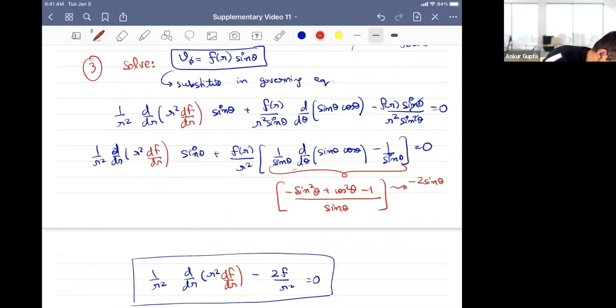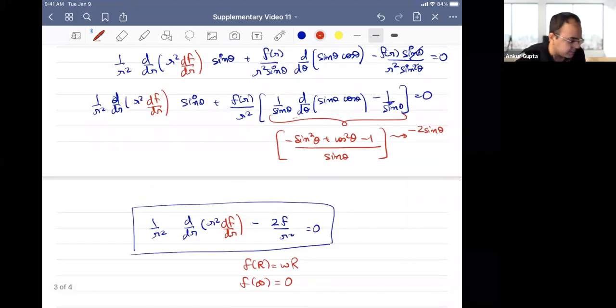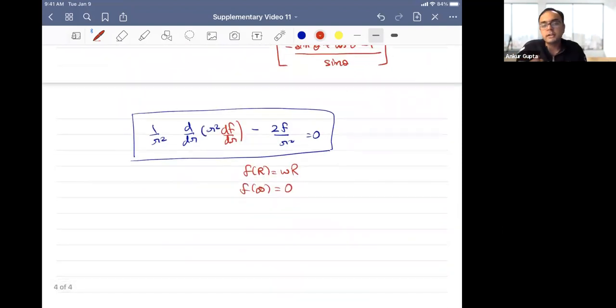Okay. In the numerator it is correct, and in the first step it is correct, but this should be the correct equation. So that's why we need two boundary conditions, because we need a second derivative of f. Sorry about that. Hopefully this does not confuse you because you were not focusing on that part till now. This is the kind of differential equation for which there is not a known solution.